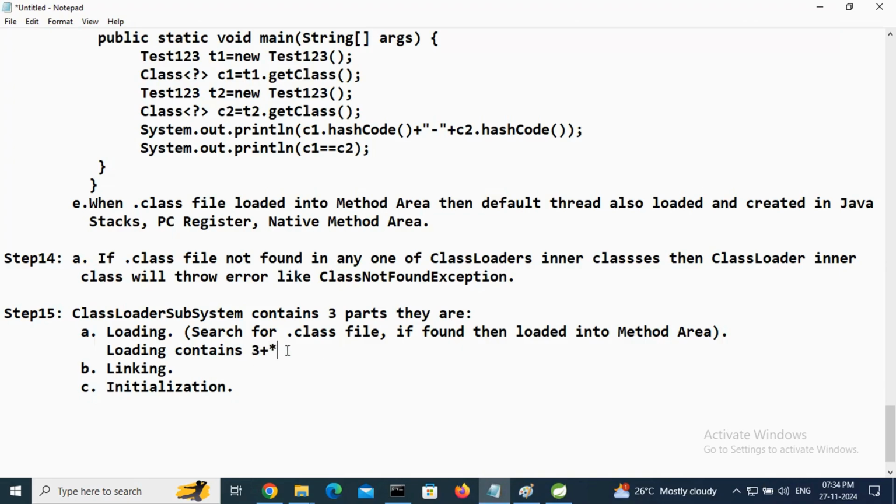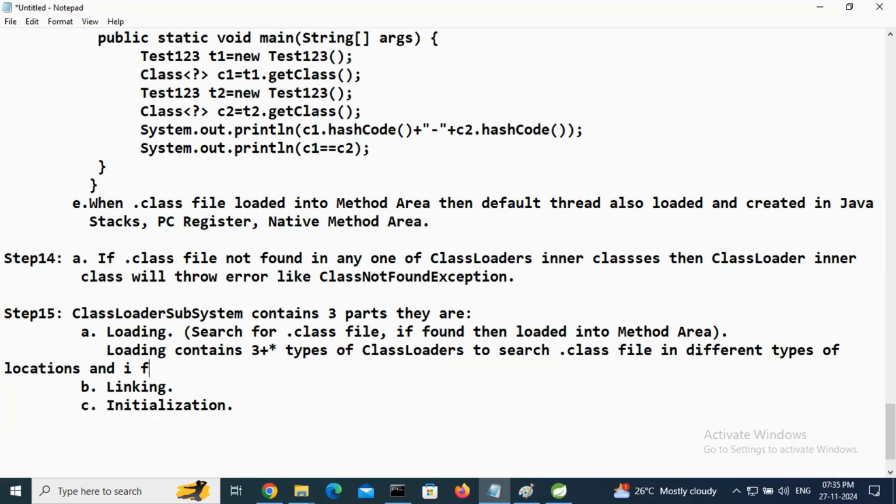So loading contains 3 plus star, meaning any types of class loaders to search the dot class file